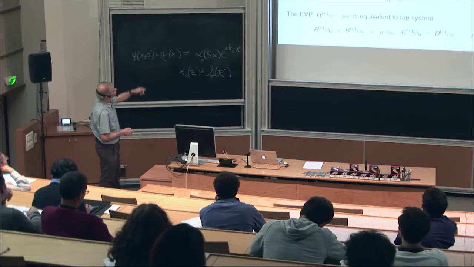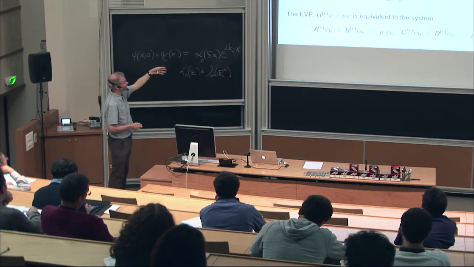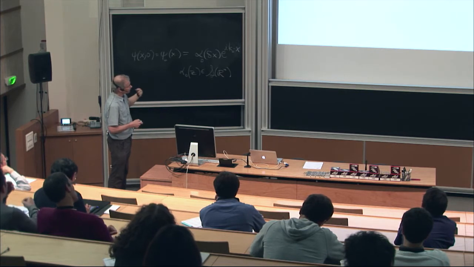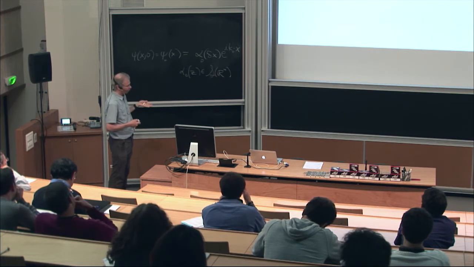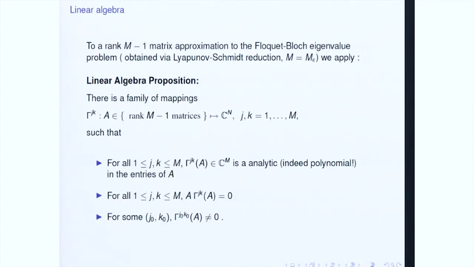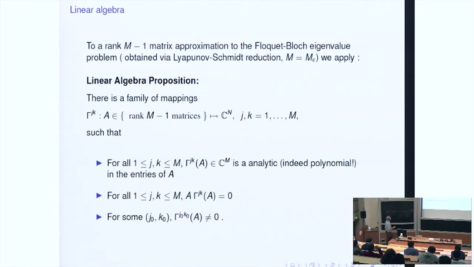So what we do is we look at a Lyapunov-Schmidt reduction of the eigenvalue problem and reduce and take a large finite dimensional approximation of it. Okay, so there is some large matrix approximation, and we apply the following linear algebra lemma that I'll conclude with. So we're looking at a simple eigenvalue of an m by m matrix, where m is a very, very large number. It depends on epsilon. It could be growing very, very rapidly with epsilon, but we fix epsilon. We look at an m by m matrix approximation, which that matrix has rank m minus 1.